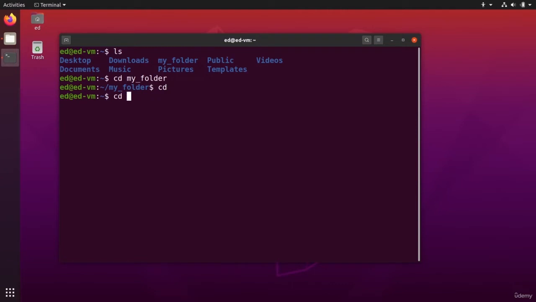Now, if I do cd m and I press tab, you can see when I press tab, I directly have my folder, which is automatically completed. And this is super useful. You're going to use tab all the time. So for any folder, any file, any command, so anything in the terminal, you can just type the beginning of the word and then tab, and it's going to auto-complete it if there is one possibility, okay?